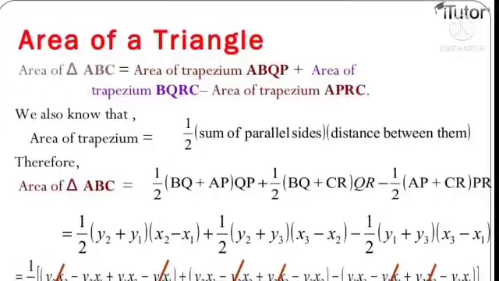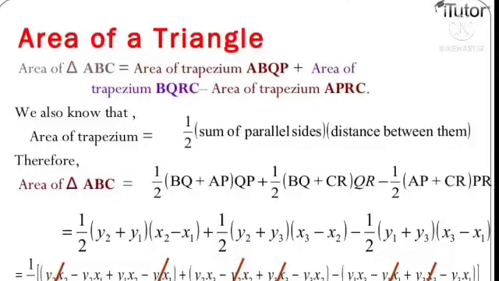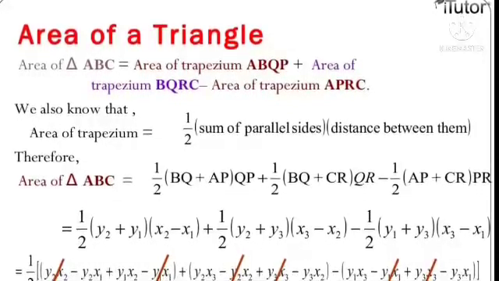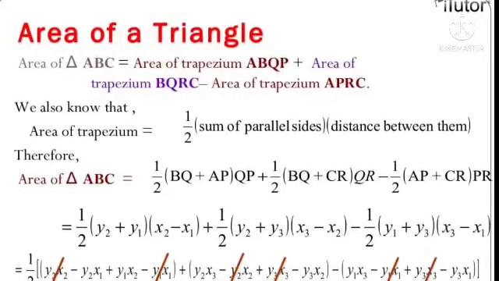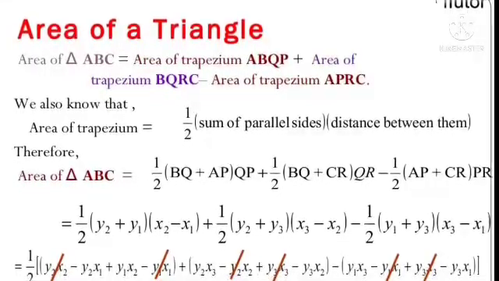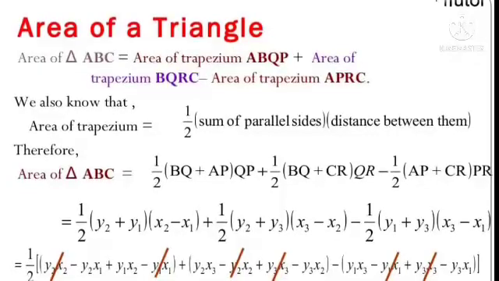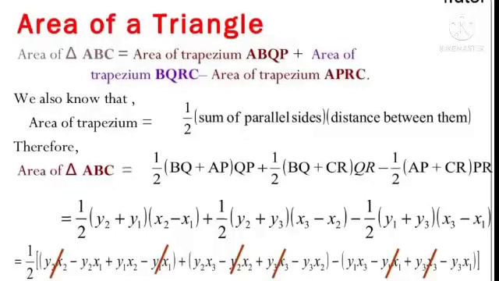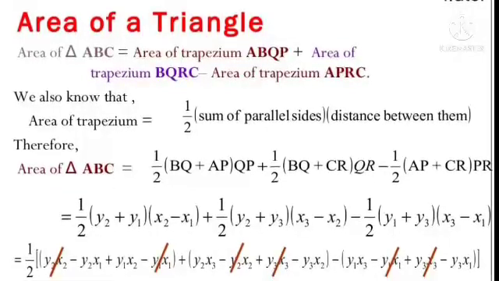Area of triangle ABC is equal to area of trapezium ABQP plus area of trapezium BQRC minus area of trapezium APRC. We also know that area of trapezium is equal to half the sum of parallel sides multiplied by the distance